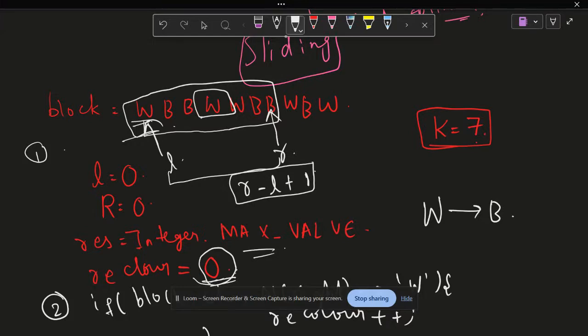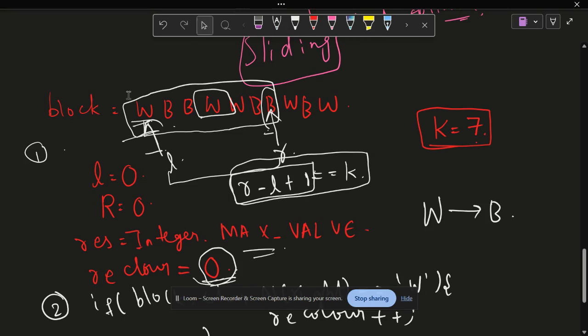We subtract the right value minus the left value plus 1. If it is double equal to k, here we have achieved the block size of size k. We increment left only in the condition where